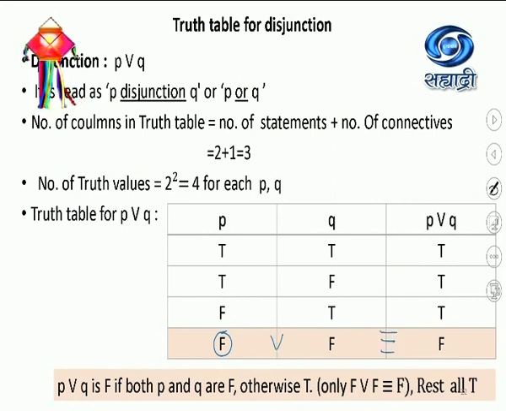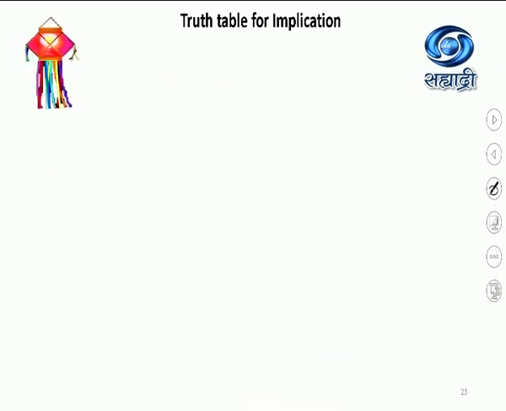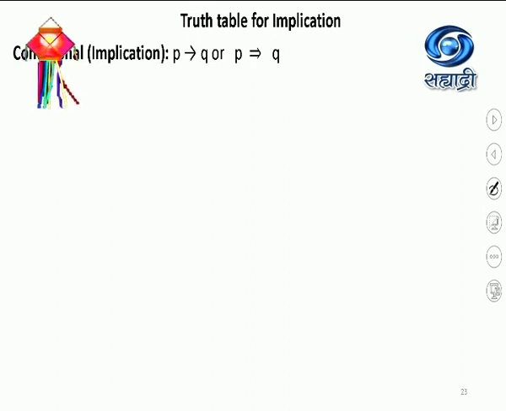All others are T. Now we go for table for implication or conditional. It is symbolically written as P, arrow Q. काही reference textbooks मध्ये or even in CET or JEE type of books, they have used the two parallel rows, a single arrow, but by textbook we stick to the single headed arrow with single line, and it is read as P implies Q, or if P then Q. The choice is yours how you read it or how you pronounce it, but it should be fixed.